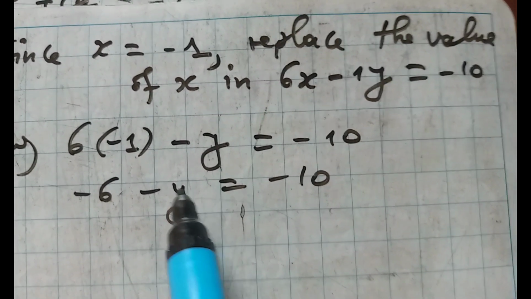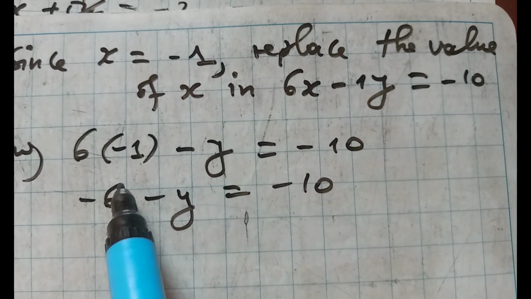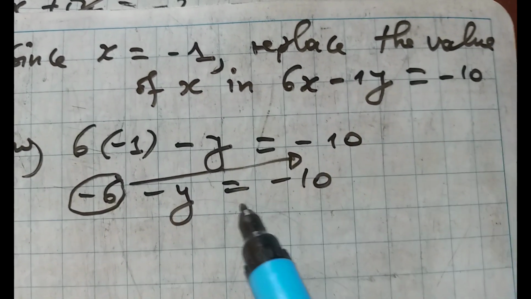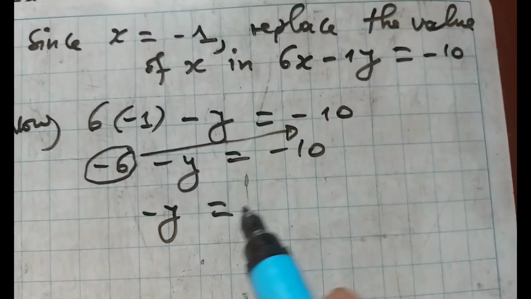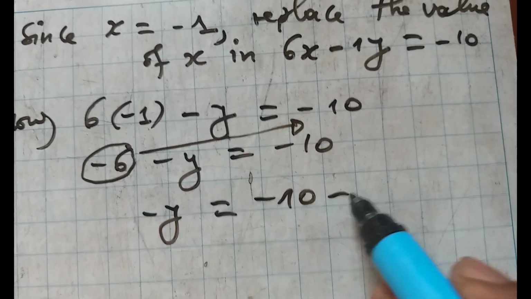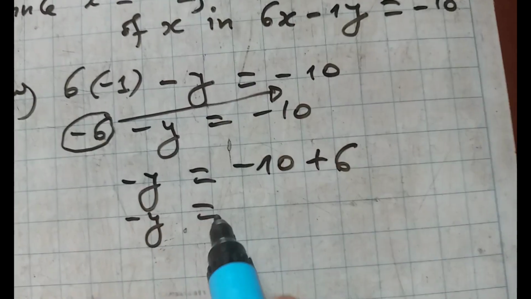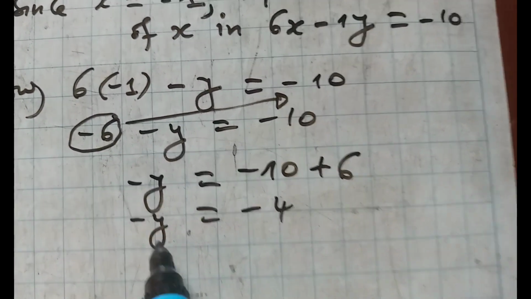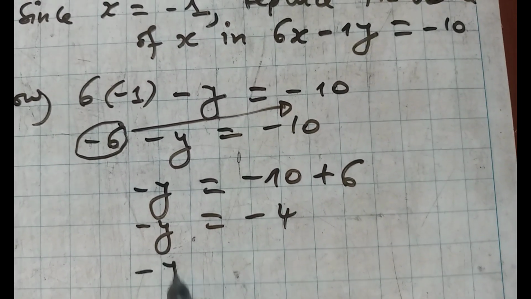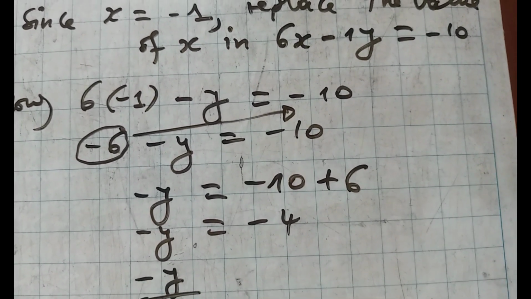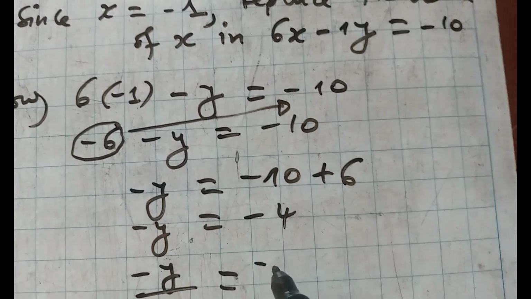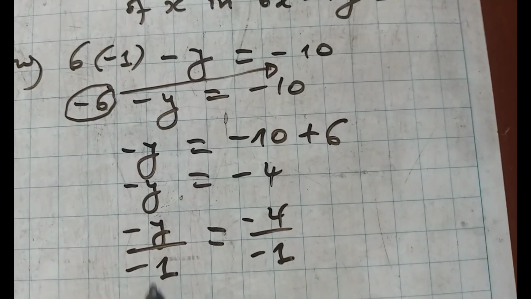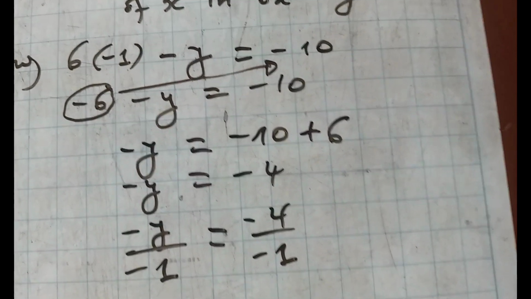Then we have to find the value of y by taking this negative 6 to the other side of the equal sign. Then you have negative y, which is equal to negative 10 plus 6, negative y, which is equal to negative 4, and you have to divide by negative 1 to remove this negative. Now this will be divided on both sides, so we have here y, which is equal